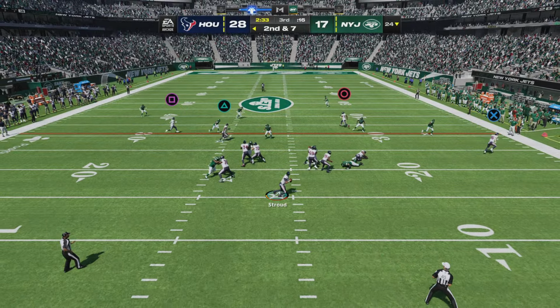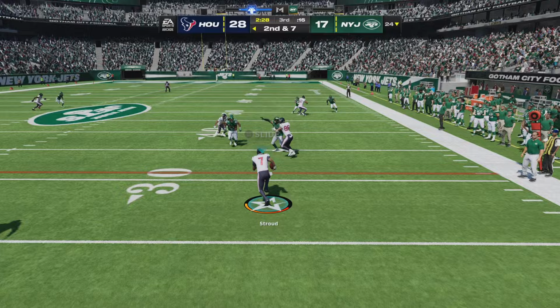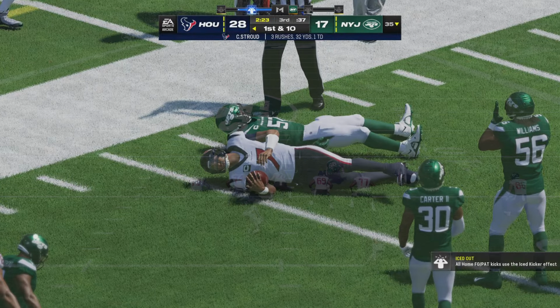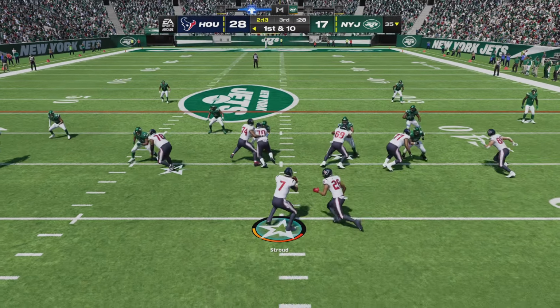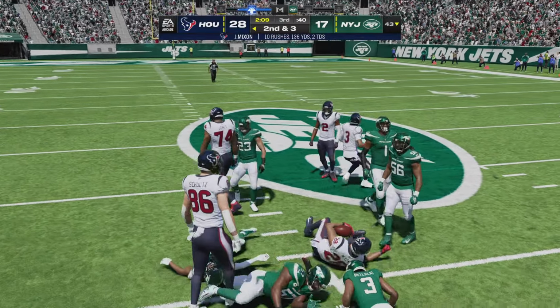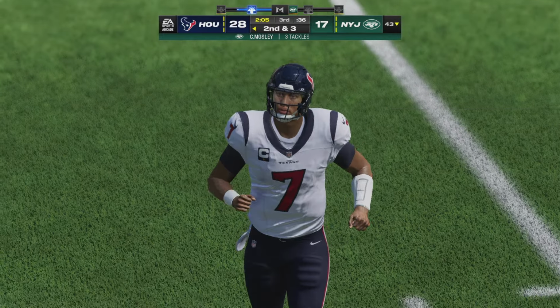Stroud now on second down. Flushed out right. And he's brought down, getting this one up to about the 35. And the offense moving quickly to the line. Mixon with a first down carry. Able to avoid him at the 40. And boy, showing how tough he can be to bring down, just fighting his way forward to pick up 7